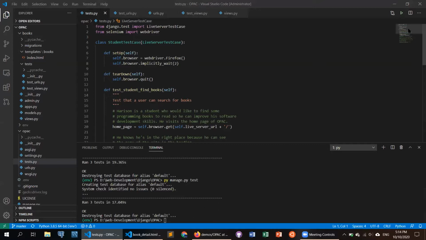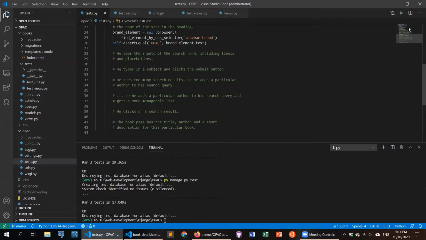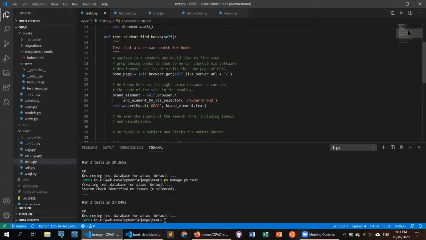We are going to remind ourselves of what we want to build by reading through the user stories again, so that we know where we are and what we are going to add, what work is ahead of us basically. So I am going to go to the tests.py